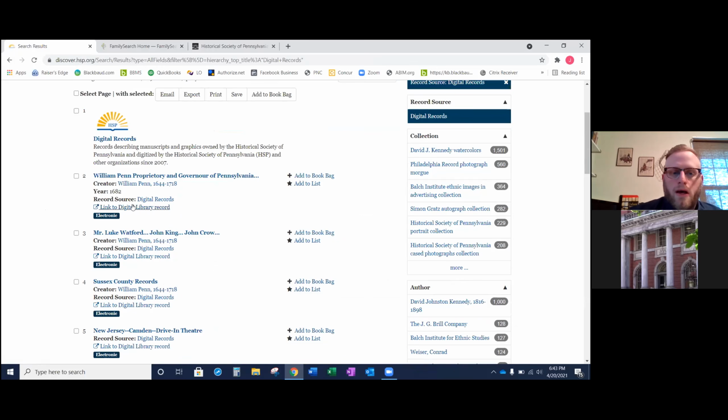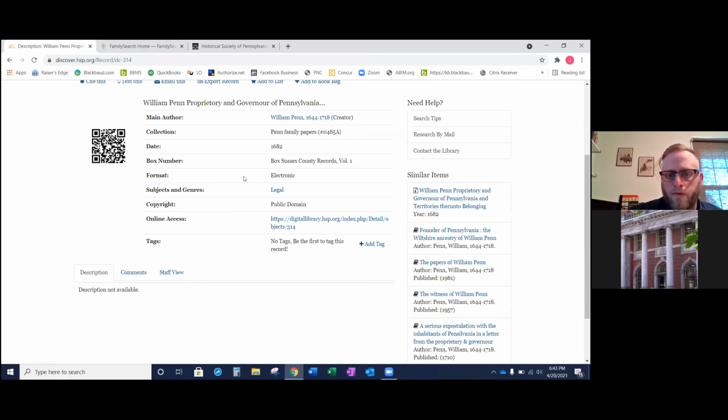If anything, if it's something that really intrigues you, there is a bunch of metadata in the record that will at least tell you which collection it's in. So if you're on site at HSP and you're like, yeah, I need to see this, unfortunately the digital library is not working, we can at least pull the item for you to take a look at. All right, so at least we have information to look at something. Okay,